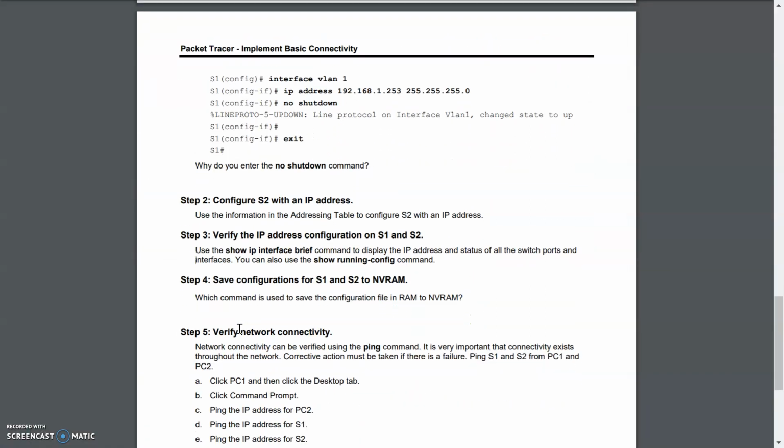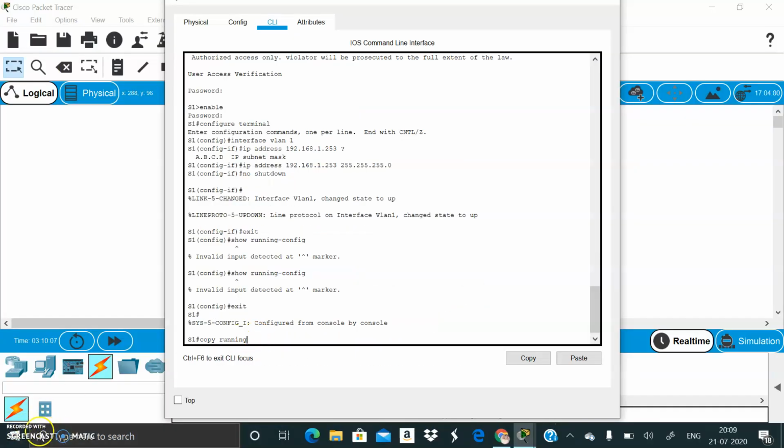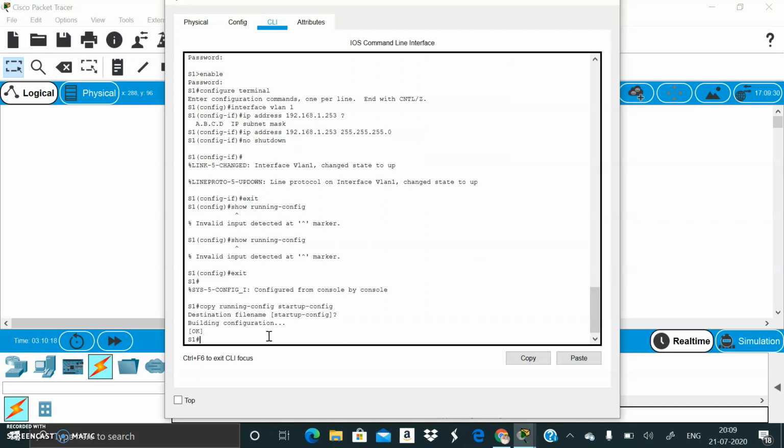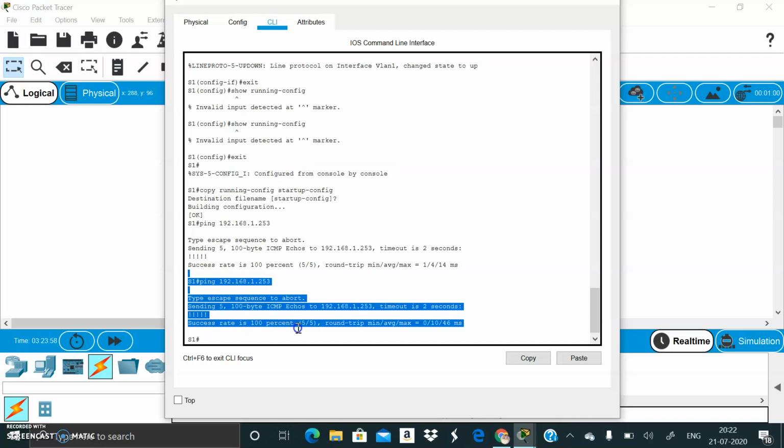Now we have to save the configurations of S1 and S2 to NVRAM, using copy running config startup config. So ping is used for network connectivity. When I used it, I got 100% success rate. Thank you.